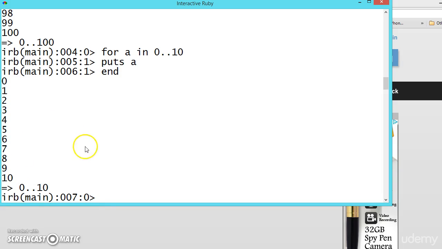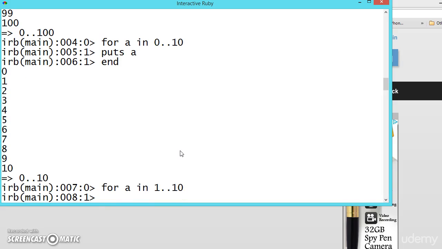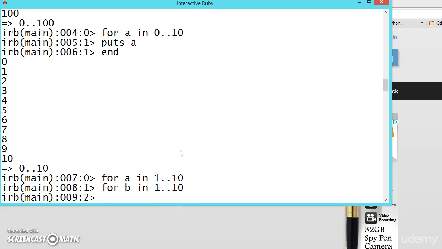So what can we do? For that we will put another loop, b in 1 to 10. We will remove the 0, and now we will be in 1 to 10.